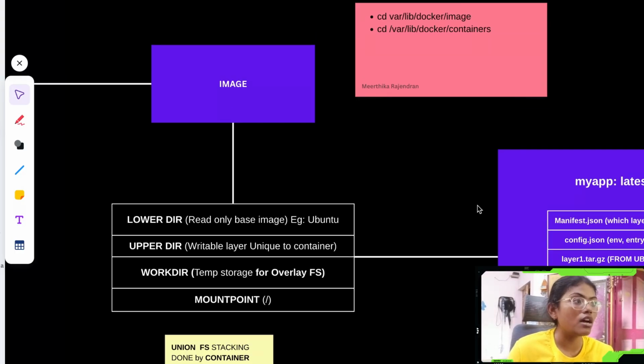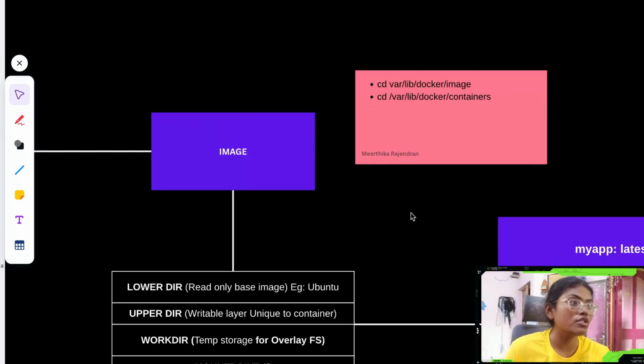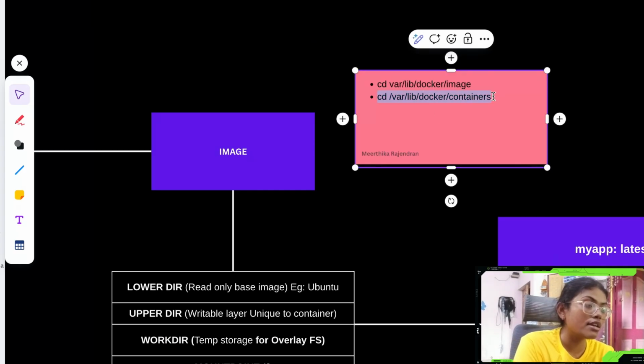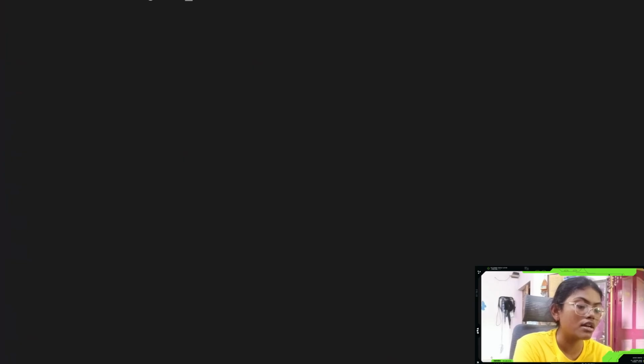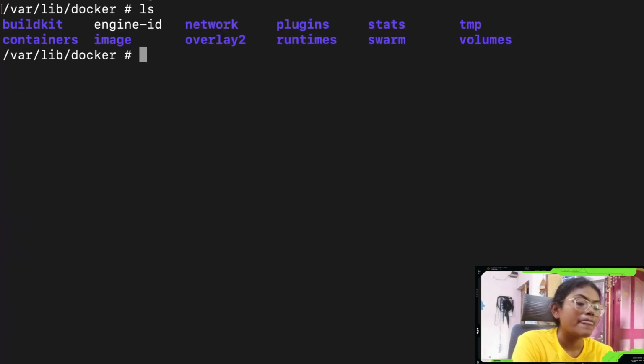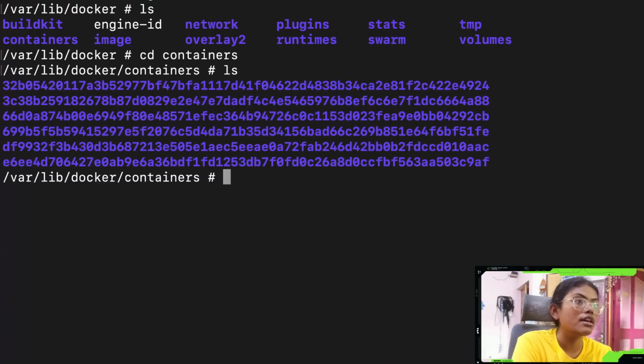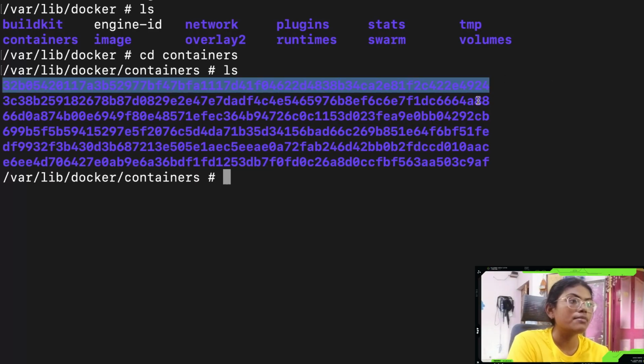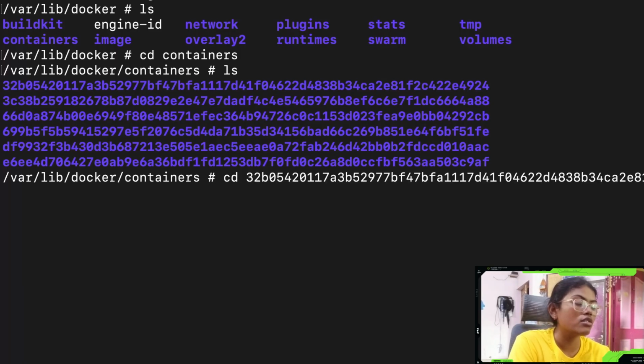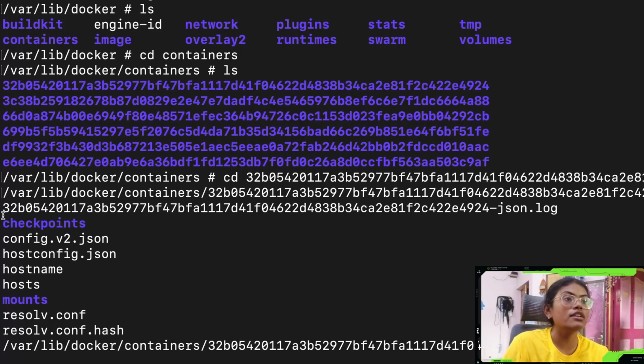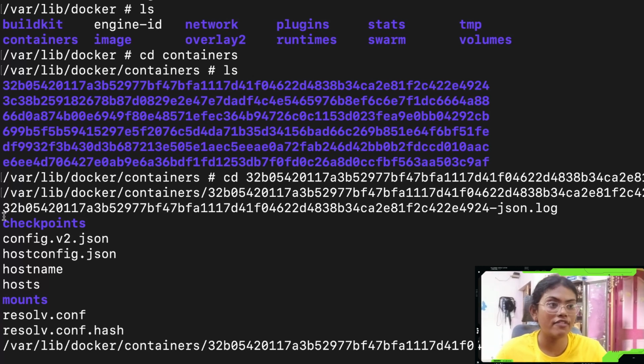We can see this config.json in the docker 01 folder, which is the main folder of the virtual machine. I will show you after this container thing. Let me go to the Docker thing, to the containers. These are the containers that are present in our Docker. Let me go inside the Docker container. Each Docker container is going to have a config file of its own, the hostname, the host, and the resolv.conf, which is going to be the DNS configuration for that particular container, and the mounts